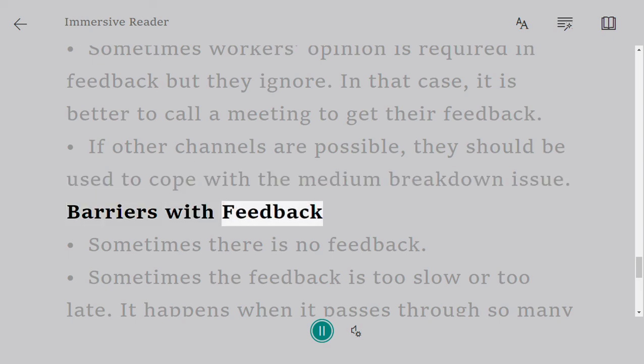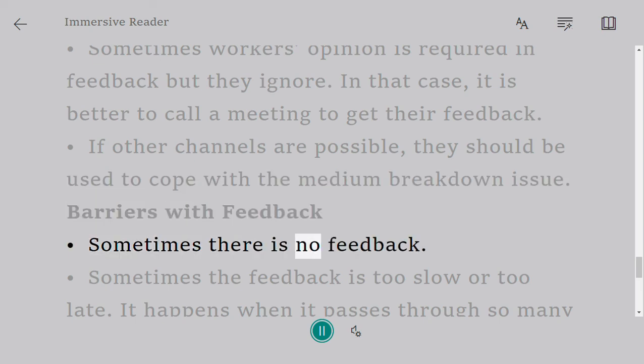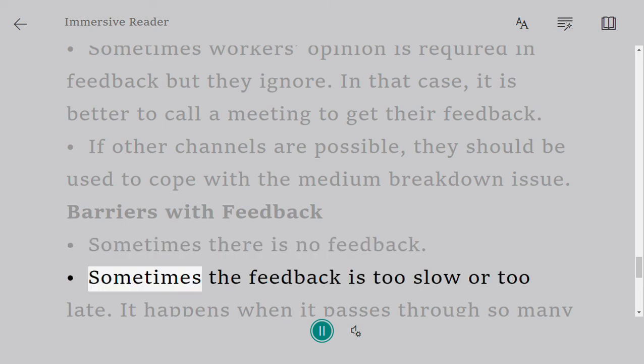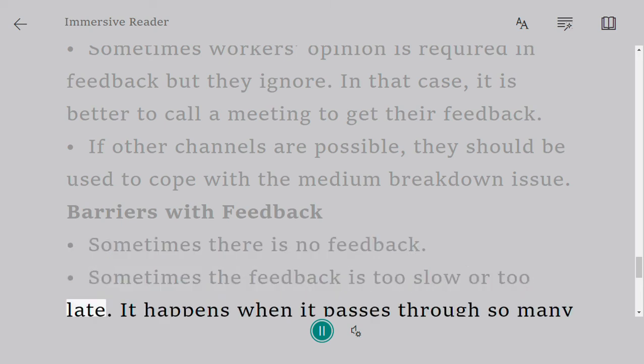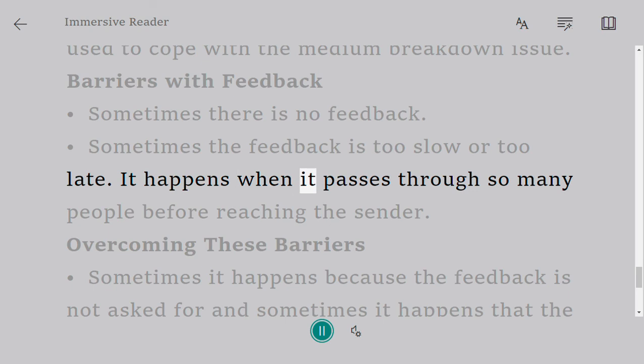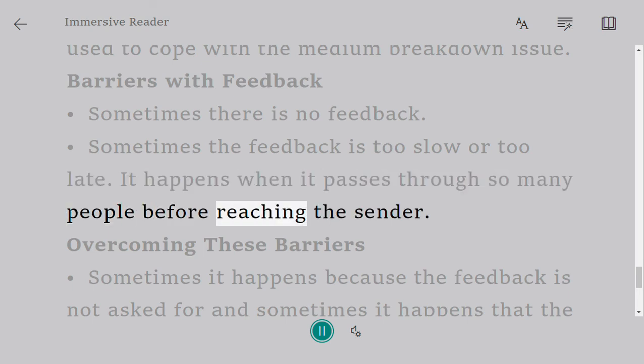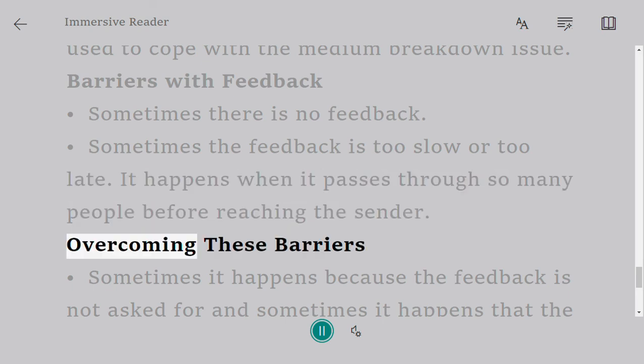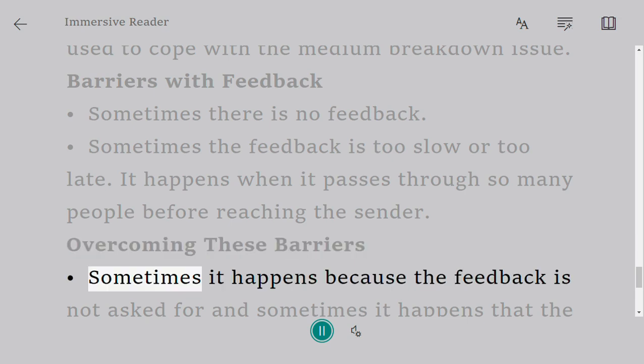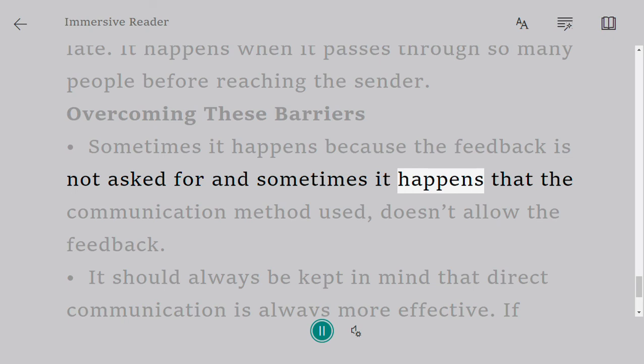Barriers with feedback. Sometimes there is no feedback. Sometimes the feedback is too slow or too late. It happens when it passes through so many people before reaching the sender. Overcoming these barriers. Sometimes it happens because the feedback is not asked for, and sometimes it happens that the communication